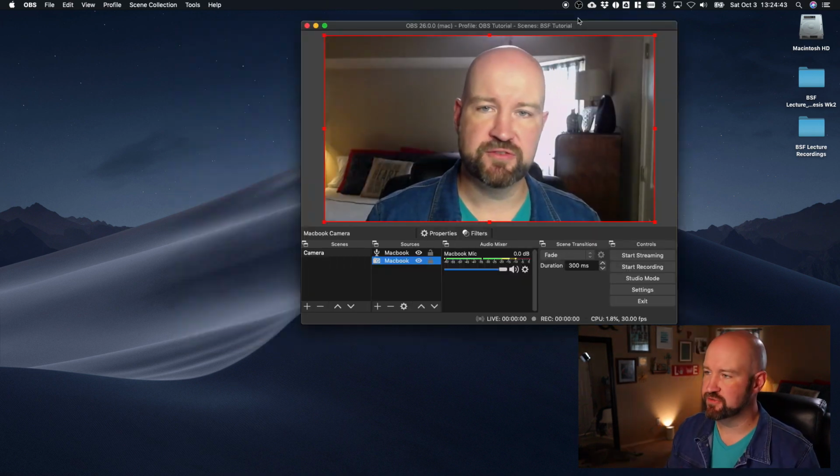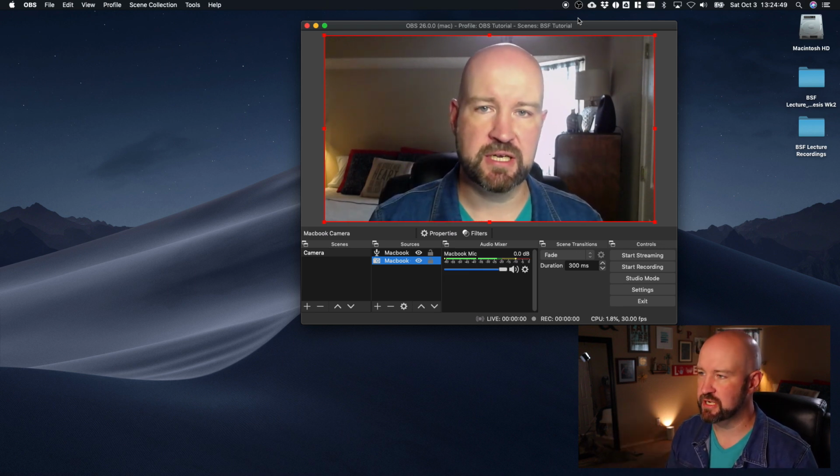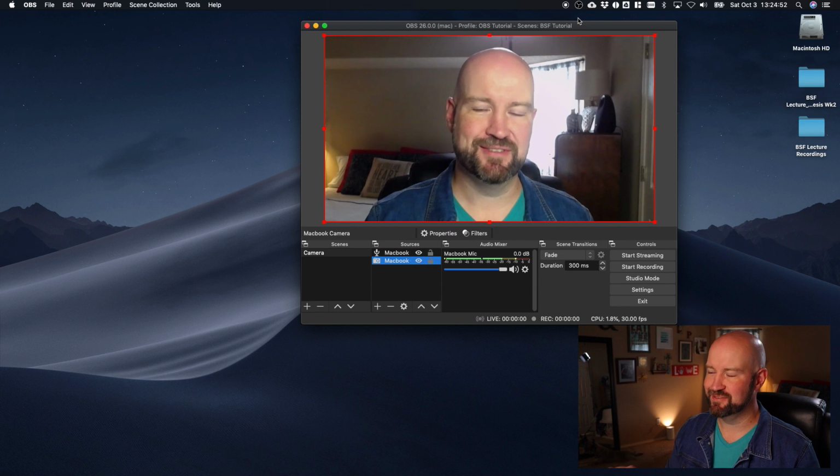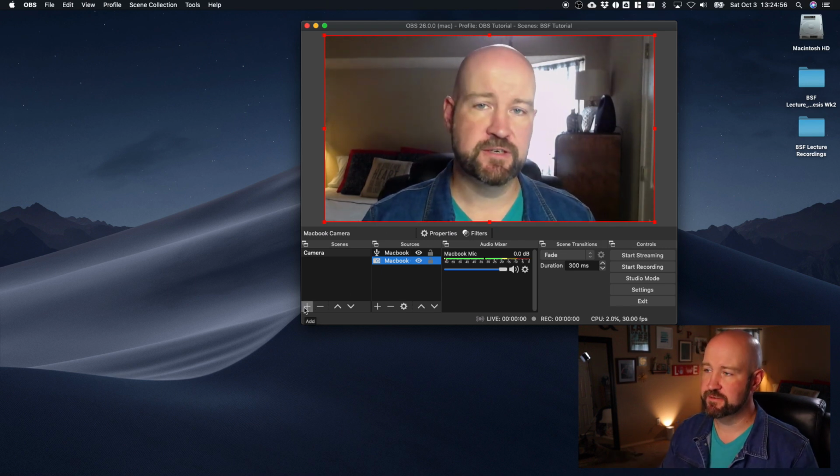Now I've swapped cameras from the camera that's integrated into the lid of my MacBook Pro to an external Logitech webcam I have mounted just above my computer screen. So we're going to go ahead and use this one here for the rest of the tutorial. So now that we have our camera in, we want to add in our first division slide